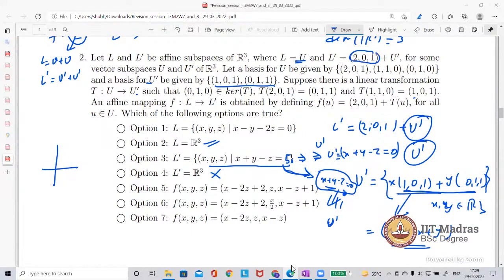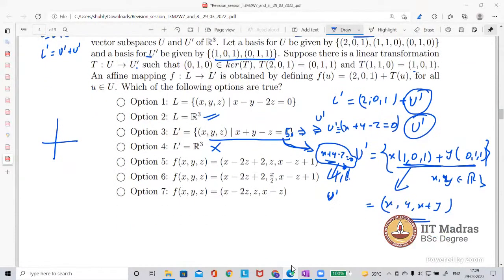Now next, you check that, but there is another thing you have to check if you want. So I check this one. This condition will not be validated, because this is also a vector from L prime. So you need to check L prime. Otherwise, the best way is to find exactly U prime, and this is the span of these two